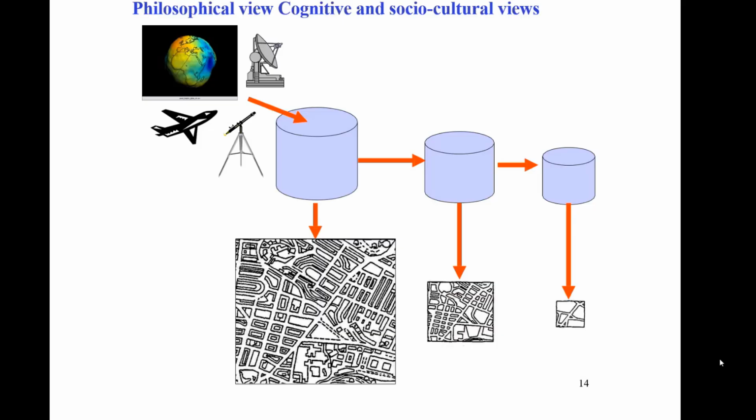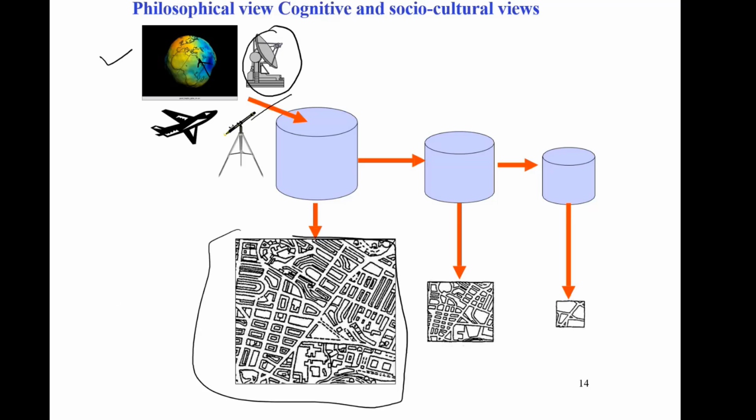So here you can see the different philosophical views in respect of cognitive and in respect of socio-cultural views. For example, first of all, this is the globe. This is our one satellite, okay, and this is our transmitter. So at a very specific point, we are receiving data here, and then we are trying to merge it according to our own study area, and then somehow we are working somewhere here. So first of all, we have the philosophical, and then we are trying to connect it with the socio-cultural